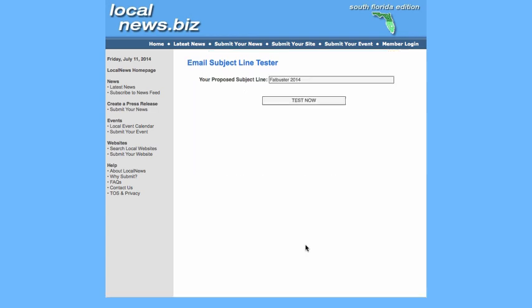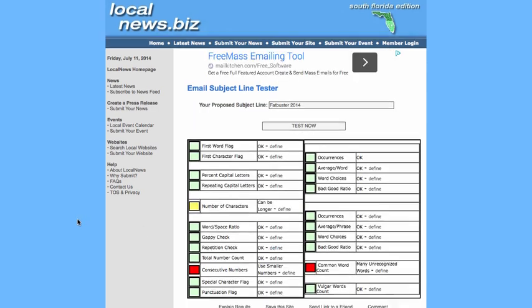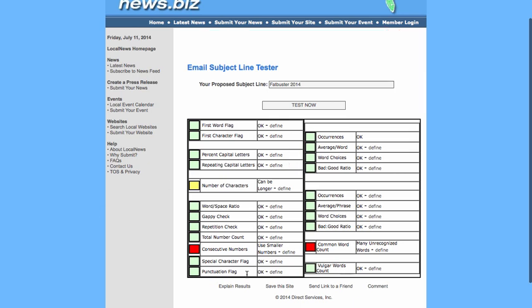It's going to take a second. It's not that long. All right. What we're aiming for is all green. As you can see, we have a couple of reds. Yellow is not that much. It doesn't really affect it as much, but we definitely want to get rid of the yellows and the reds. So right here it says consecutive numbers. That's 2014. So let's take that out and just say Fat Buster